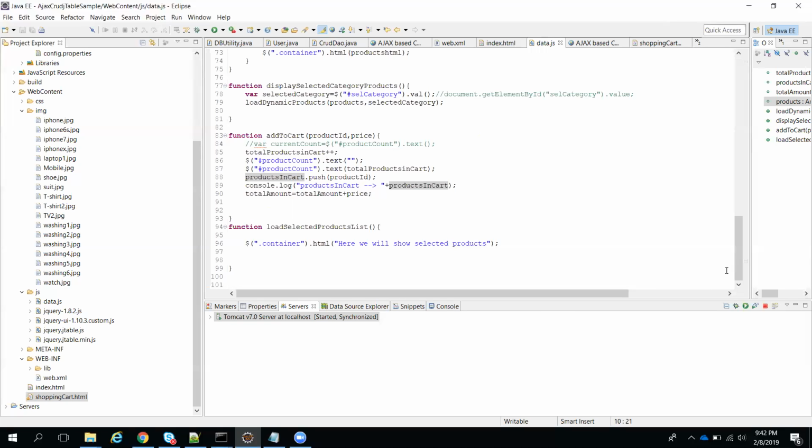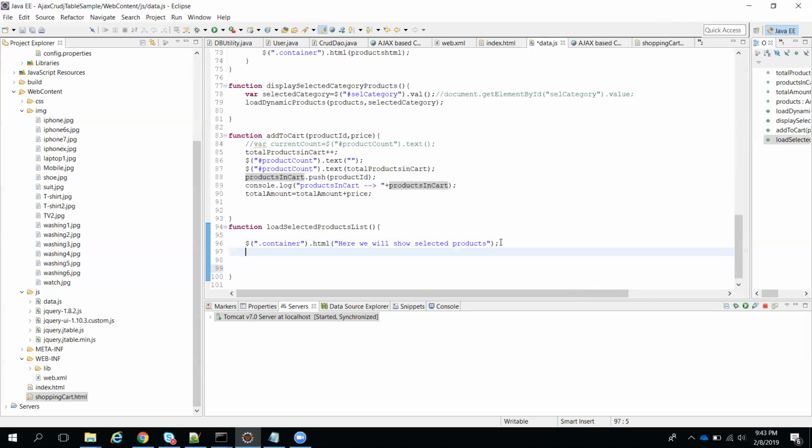Then again the same for the next element. Suppose this element is different from the previous element in your array, then individually show that element's related information: product id, quantity, and price. That is my requirement. To do that, first, based on product id, because we have this product id in cart, I will try to show you at least the minimum main functionality. The HTML part and the looping part you can do like we previously did.